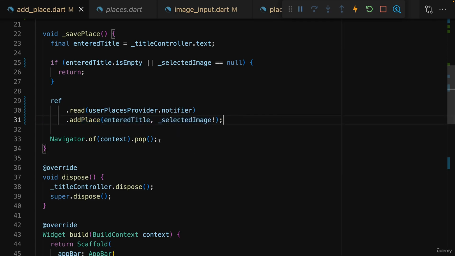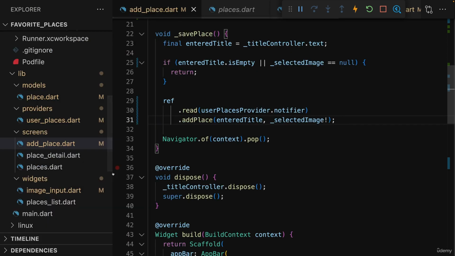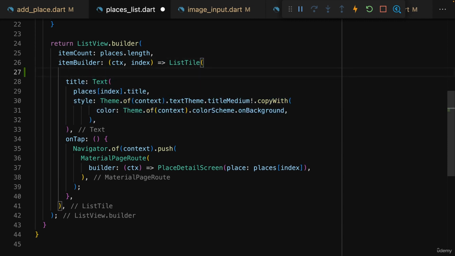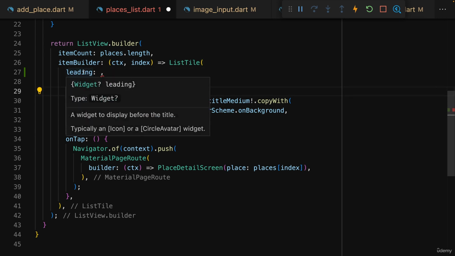Now with our image added here to our place model and in the provider, we can of course also display it on the screen. For example, in places list. There I have this list tile where I output my title, and there I now also want to display the image. For that, I'll set the leading parameter on list tile, which is one of the built-in parameters that can